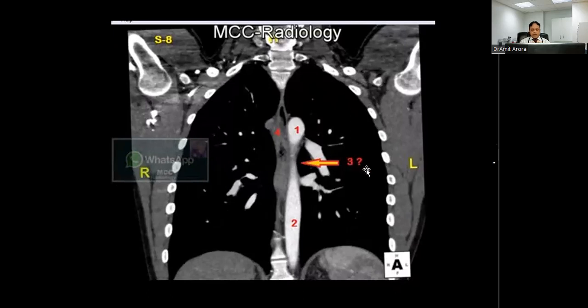Can anybody tell me, is it some kind of pathology or something else? Yes, you can type, please. Okay, let me tell you. Most people make a mistake. They call it narrowing of the aorta or coarctation of the aorta, but it's not like that. It's due to the normal posterior curvature of the aorta,